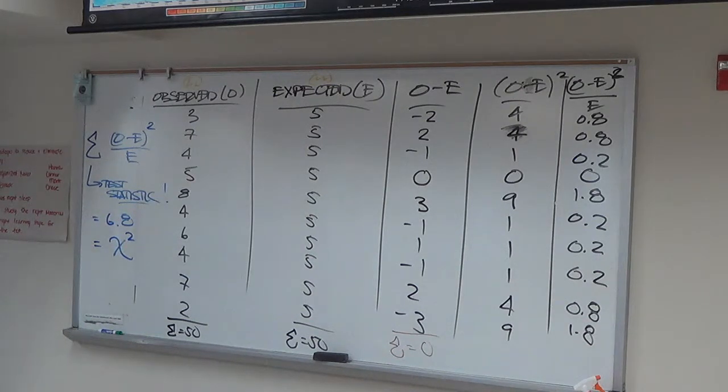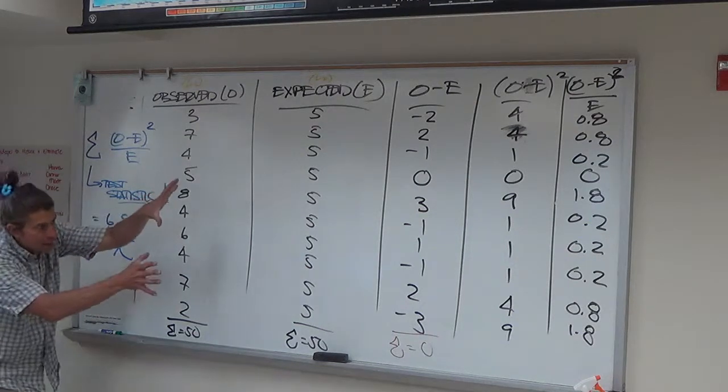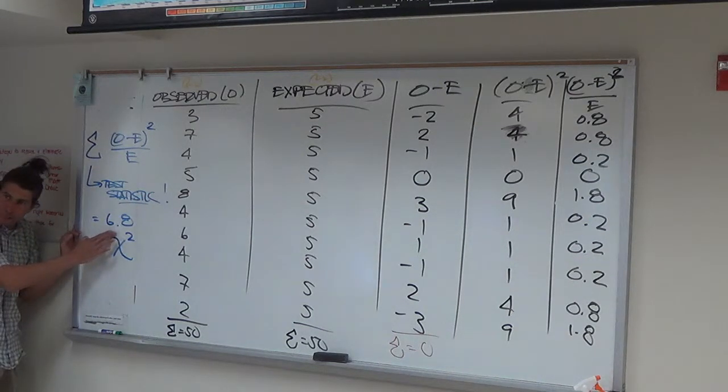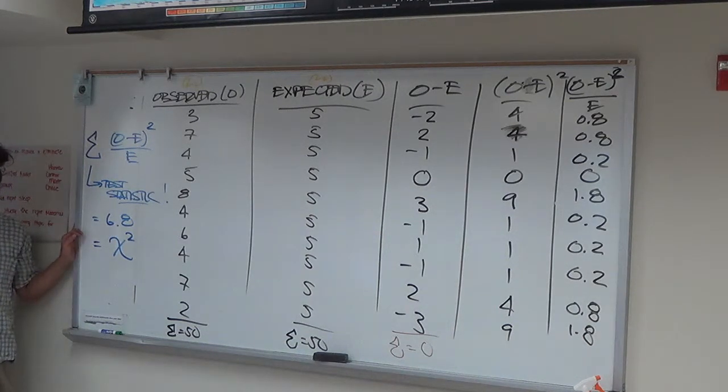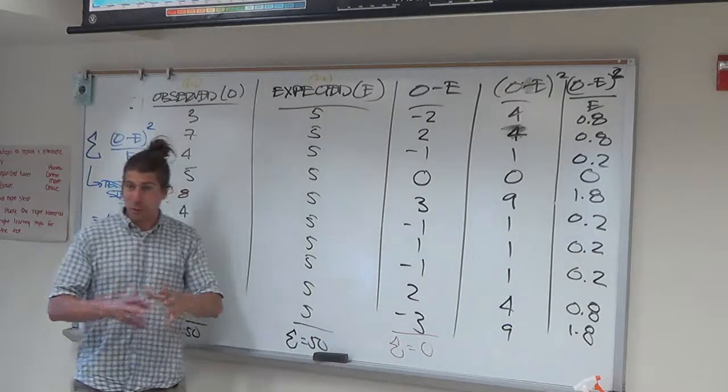Do you have to memorize this? No, of course not, because technology will take care of it for us. But you have to know what to use, which test to use. Now, I want you to understand why. Think about this before we go to the graphic. What is the least possible value this could have? Go back to how we constructed it. What is the absolute least possible value this could have? 0, right? It can't be negative. We took care of that right here. So the absolute least it could be is 0.